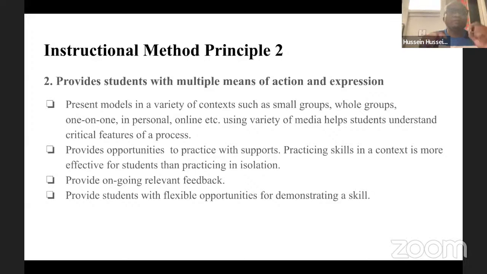Sasa kutokana na hii practice with support inatupeleka kwenye kitu kingine, you have to provide ongoing relevant feedback. Some of the teachers, they don't provide feedback to their learners. How you can make the learner to improve, wakati humwambii amekosea wapi, humwambii anatakiwa rekebishe wapi. Ndio jukumu la walimu, kwamba tunaelekeza mtoto hapa umekosea, put this clear, weka hapa hivi, weka hapa hivi, ili ajue. Kwa sababu elimu,